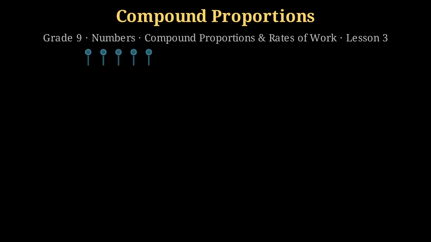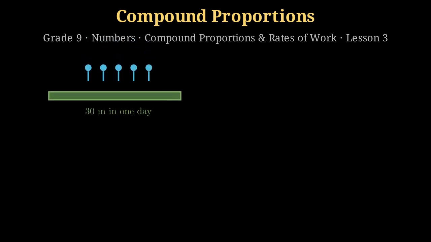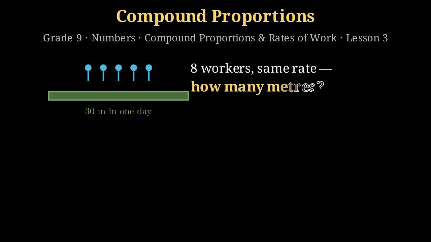Here is a real canyon work site. 5 workers lay 30 meters of water pipe in one day, all working at the same rate. Now the contractor brings in 8 workers. At the same rate, how many meters of pipe will they lay in a day? Guess if you like, by the end of this lesson, you will solve this in 3 clean lines using the